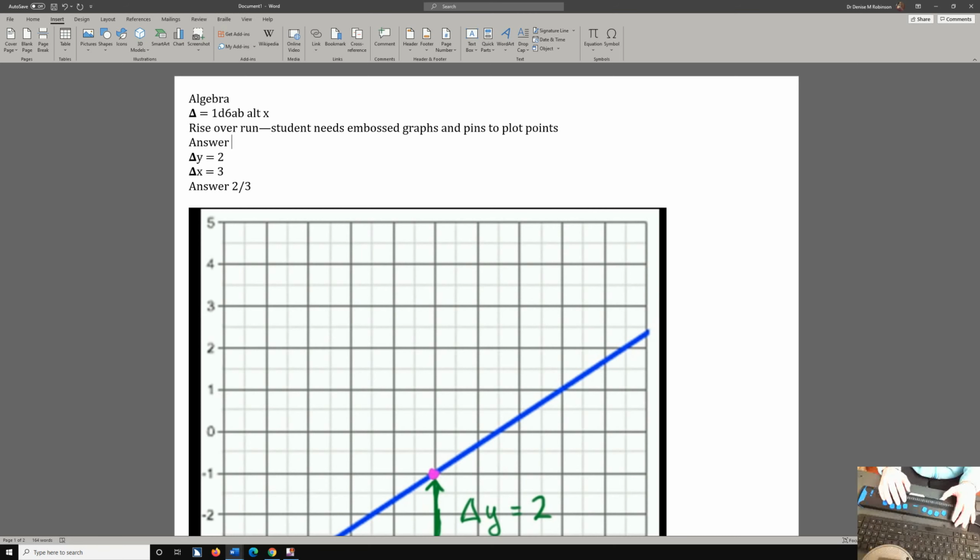So here we go. Answer. Anybody who's started algebra knows that we're going to do rise over run. So down arrow again. Bold capital delta y equals 2. Okay, so immediately I forgot to copy my delta, so I'm going to go ahead and do my home command,